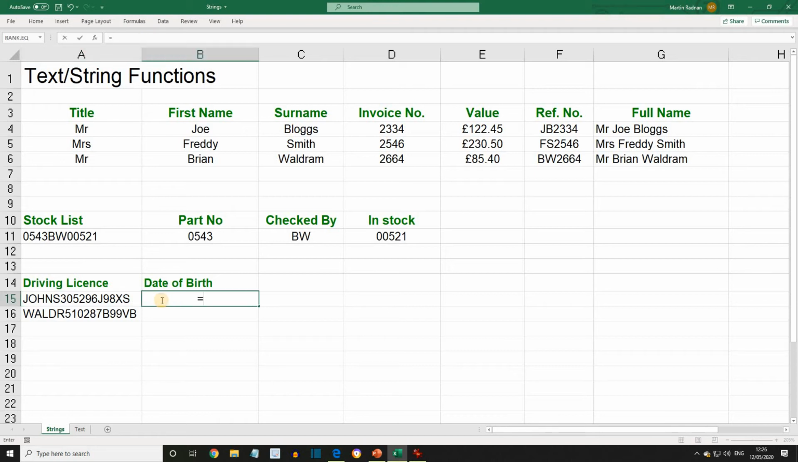So equals mid, open brackets, A15, comma 9, comma 2. So that will extract from A15 2 characters starting from character number 9, so in other words characters 9 and 10 for the day. We then want to put in a forward slash, so double quotes, forward slash, double quotes,